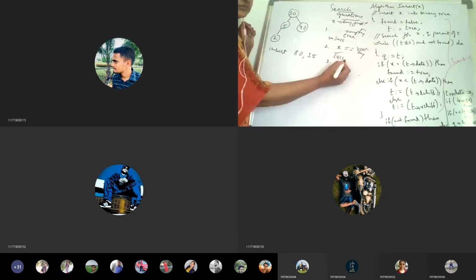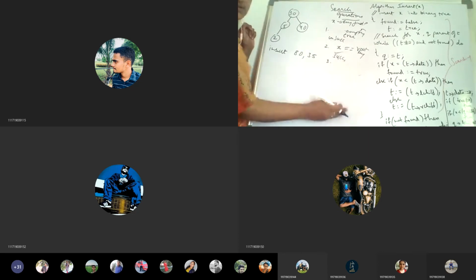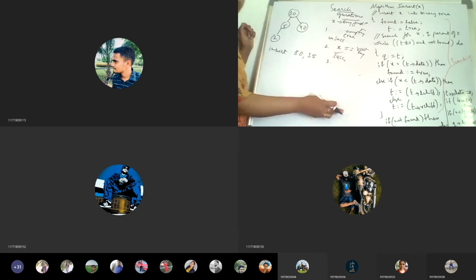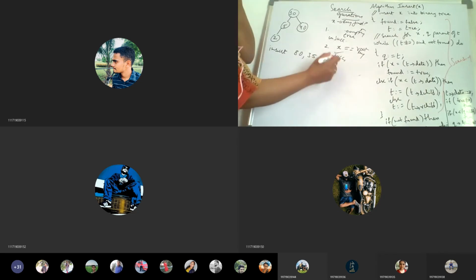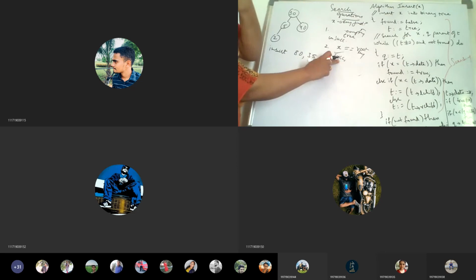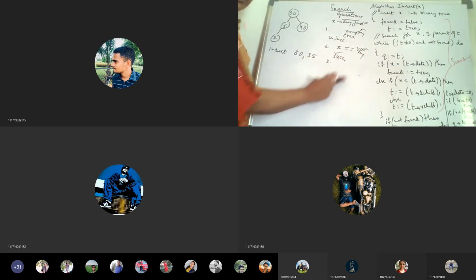Stepwise I am going: if the second one is done, the rest of the things will be omitted. If not this, it goes to the next step. So when X is equal to the root key, it is successful, and it is going to return the index of the root key position.